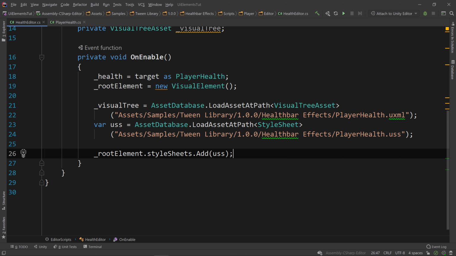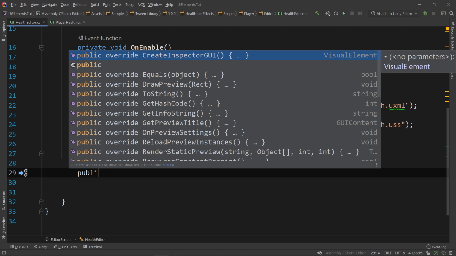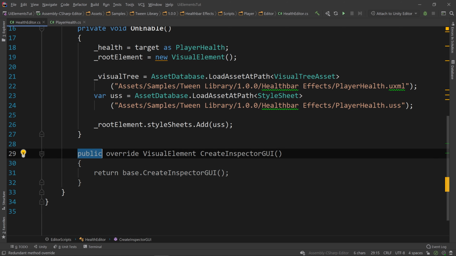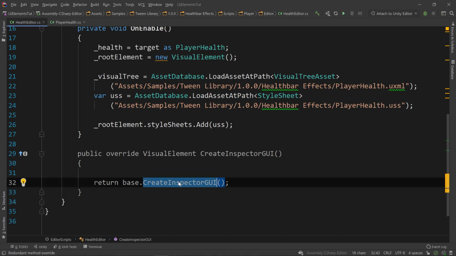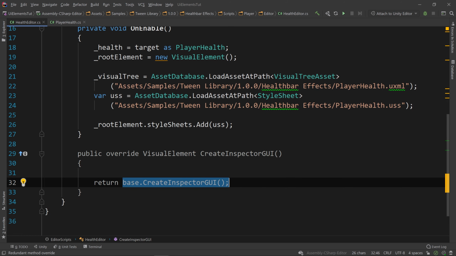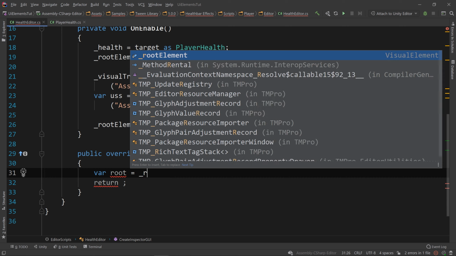code to get the element to show, but we're going to do 3 lines of code. So let's say public, and that's ignoring the actual method. So let's write a public override VisualElement CreateInspectorGUI, which is going to run when the Inspector GUI is first created, by returning a VisualElement. But instead of returning the base one, we want to return the one that we created inside of our UI Builder. So the way we're going to do that is by saying var root is equal to _rootElement,